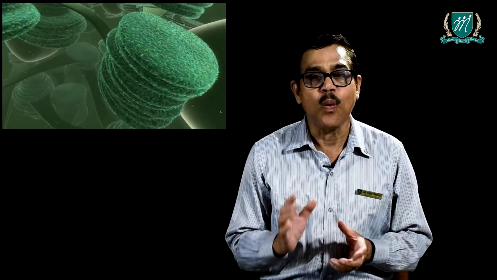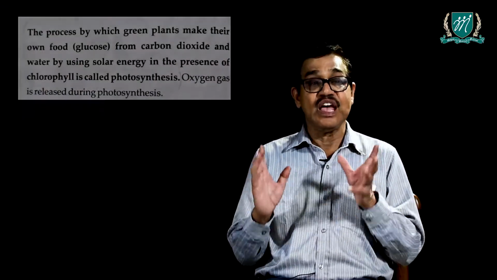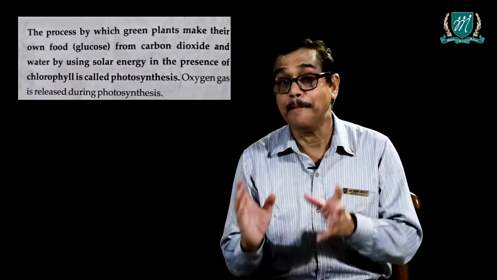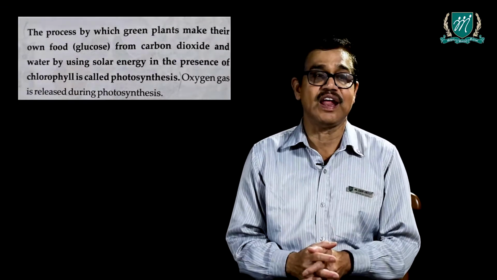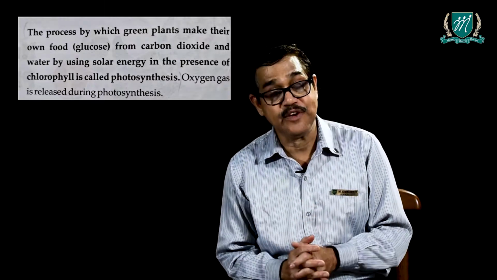That which is stored up is used by us and by animals. Water and sunlight are required for preparing food using chlorophyll. Apart from chlorophyll, leaves need carbon dioxide, water and sunlight to make food. This is called photosynthesis. So photosynthesis is a process of making food by the plant in the presence of sunlight. Photo means light. Synthesis means to make food.